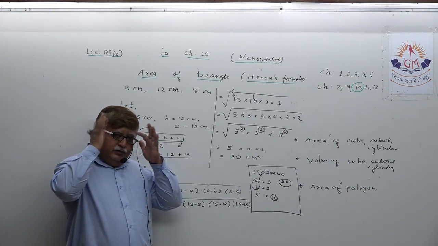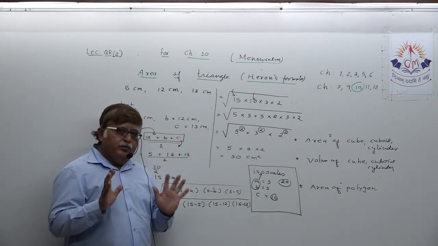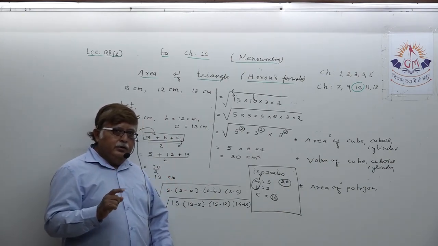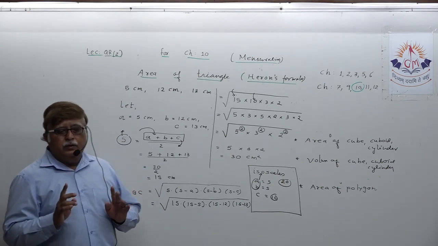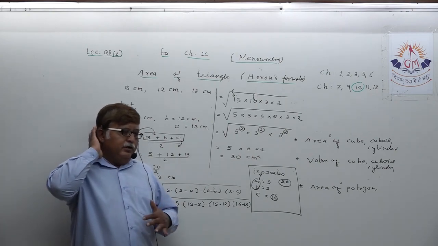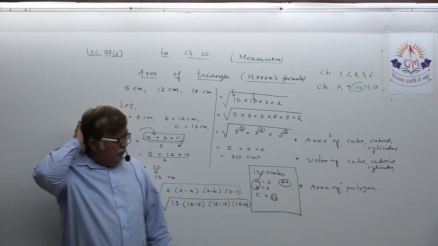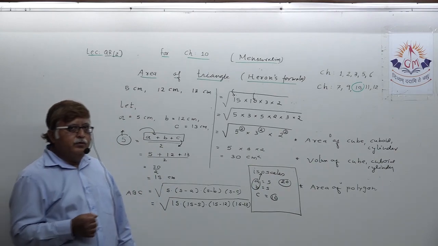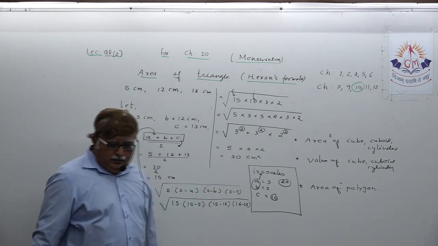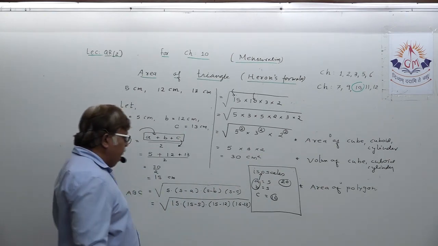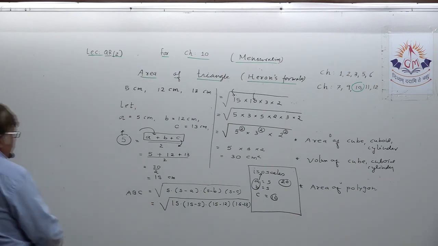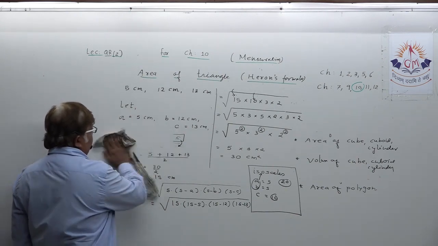but if the basic is clear in your mind, that if you want to find the area of a triangle, you must have knowledge about the three sides, then things become very easy for you, okay? So this is somewhat regarding the area of a triangle by utilization of Heron's formula, okay?